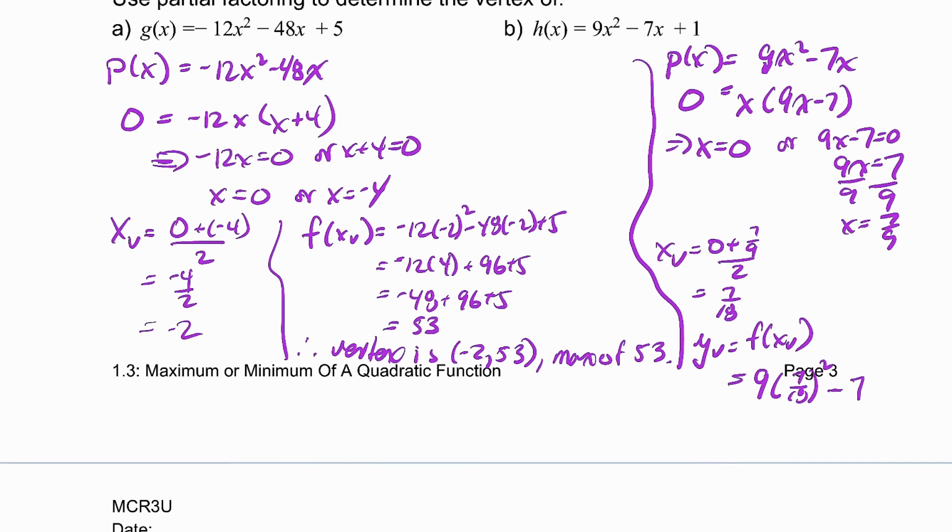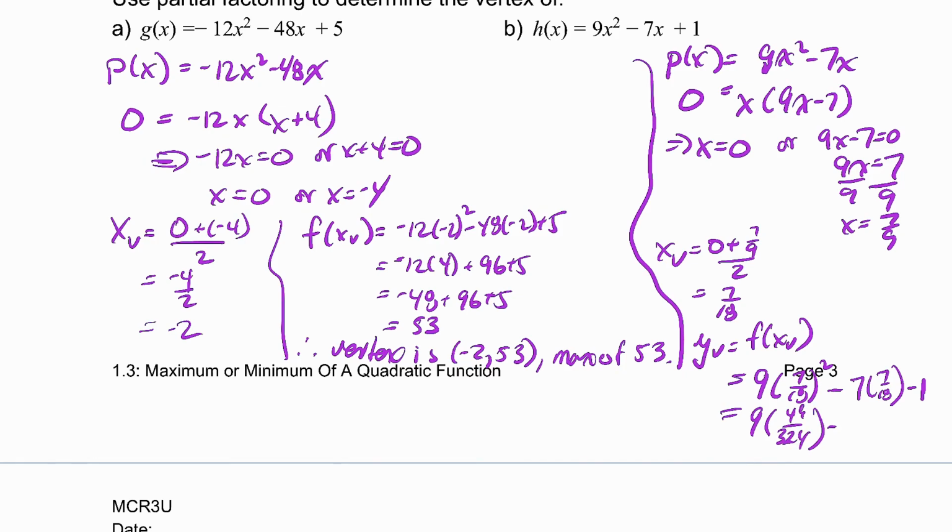So minus 7 times x, which is in this case 7 over 18, minus 1. So let's do our fraction work. I need to pull a calculator here. So 7 over 18 squared. So 18 squared is 324. So 9 times 49 over 324